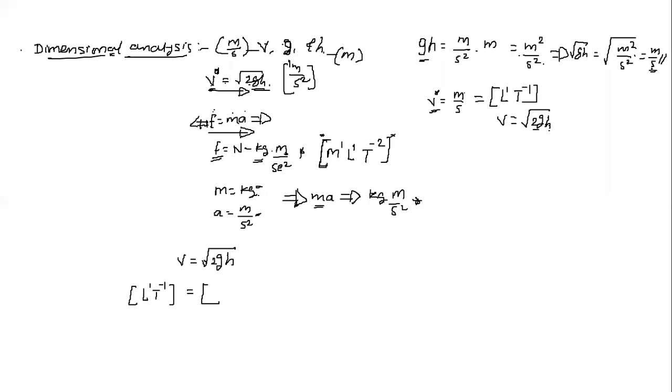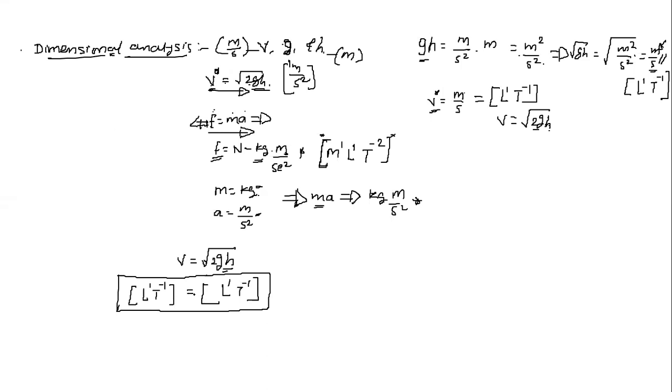So for meter per second, once again the dimensional form will be: meter is the unit of length, so the dimension involved is length with the power as 1, and second as time raised to minus 1. So I would like to write here the dimensions for the right hand side as L^1 T^-1. It means that the dimensions of the left hand side physical quantity are the same as the dimensions of the right hand side physical quantity.